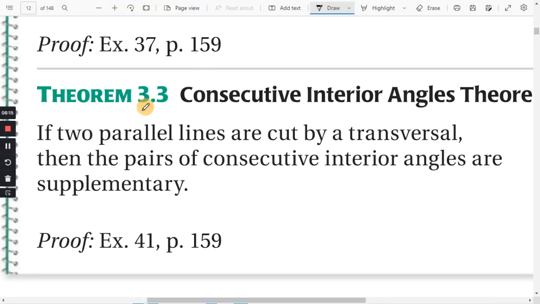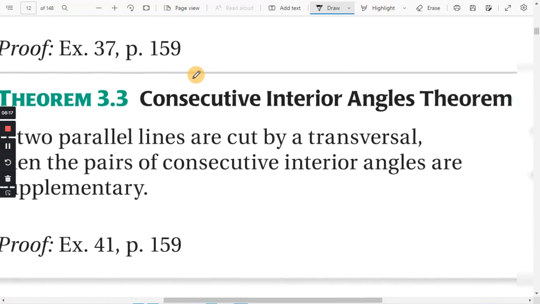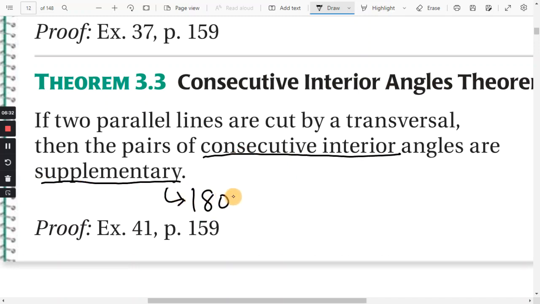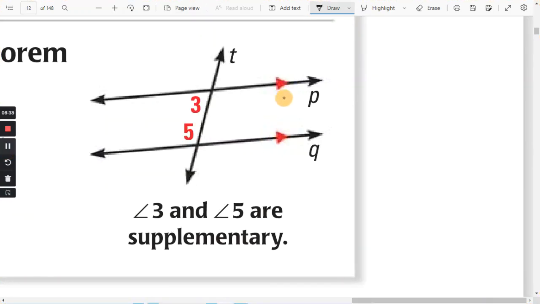Finally, the last one, this will also be in the notes, consecutive interior angles. If the two parallel lines are cut by a transversal, consecutive interior angles are supplementary. Okay, that means they add to 180 degrees. So let's see the diagram. Okay, again, P is parallel to Q. This is our transversal T. Okay, and in case you forgot,